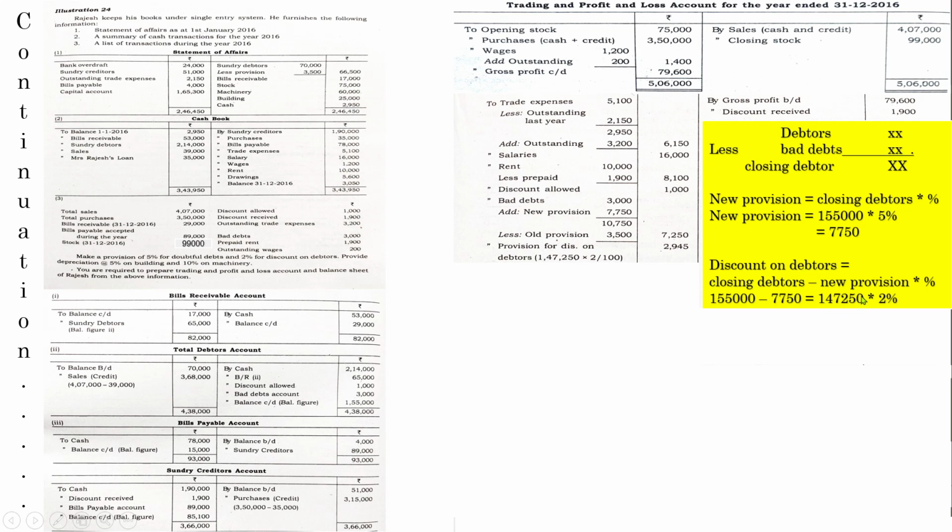We will always give discount to good debtors who are ready to pay back the debt in full. For those persons we will provide discount. So discount is provided on this amount. This amount is obtained only after adjusting the new provision. And you may think that bad debts are given, old provision is given, why are we adjusting only the new provision? Remember, this 1,55,000 is obtained after adjusting all provisions.